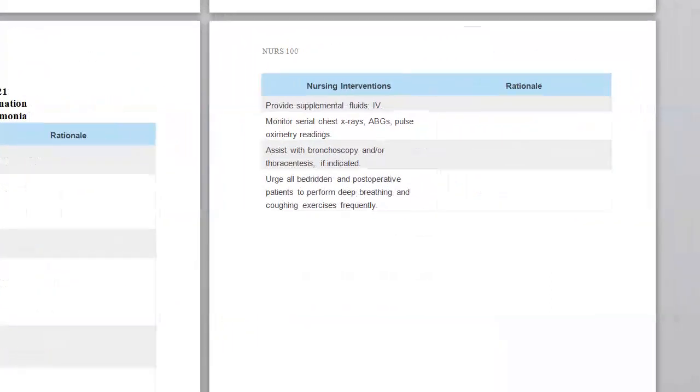Provide supplemental fluids, IVs, and monitor serial chest x-rays, ABGs, and pulse oximetry readings. This follows progress in the effects of the disease process and the therapeutic regimen, and may facilitate necessary alterations in therapy. Obviously, these are some of the more common types of diagnostics that we'll do. Some of these patients may have a chest x-ray every day for maybe 3 or 4 days, and of course ABGs, especially in the beginning when we're monitoring their saturation and maybe their